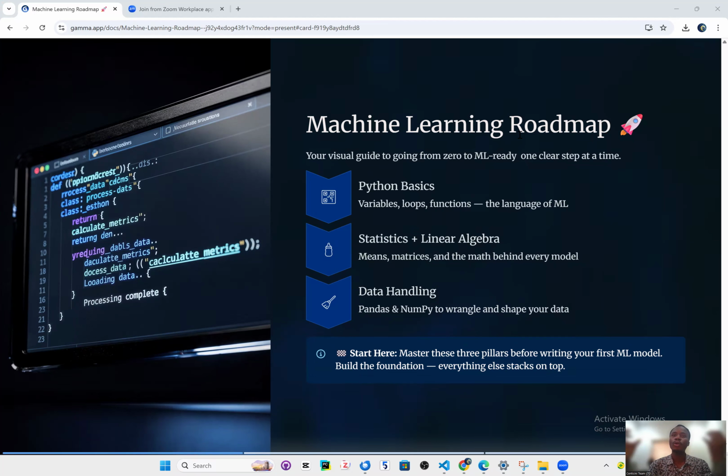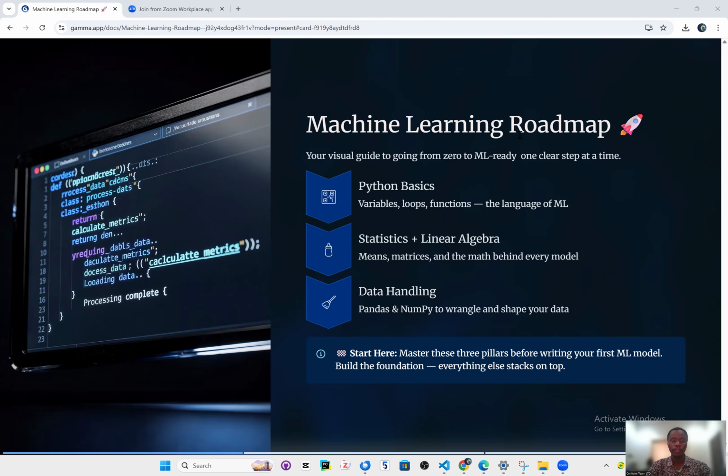If you look at this course, you see that we started from Python basics, knowing how to assign a variable, how to iterate over a sequence using loops, and also understanding some fundamental functions like the lambda function and other minor functions. This is what we call the language of machine learning. Machine learning is vastly written in Python, although we also have other languages like C++, C, and Java as well